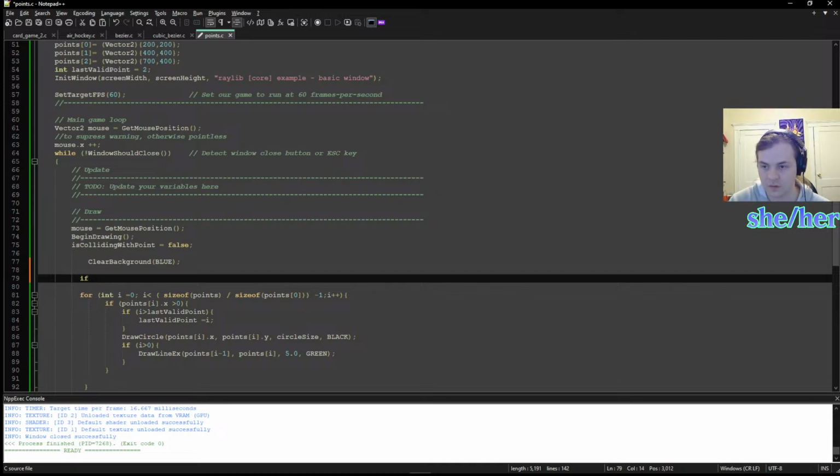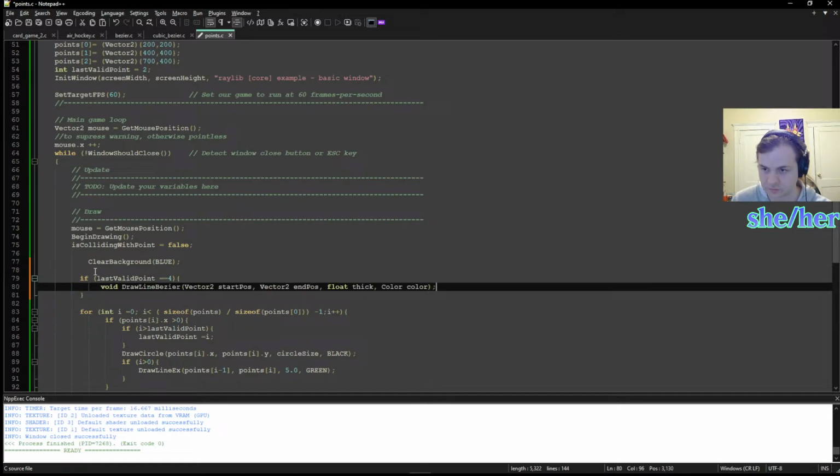if last valid point mod 4 equals 0. Wait, no, let's just do if last valid point equals 4 for right now. Then we're going to draw line Bézier,